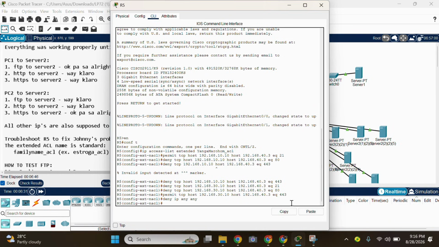Next, I will exit the ACL configuration and apply it to the interface connected to Server 2.